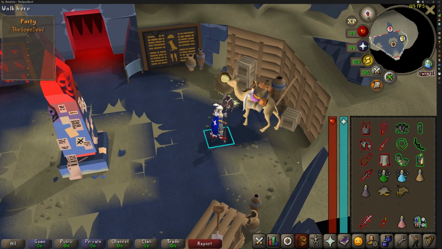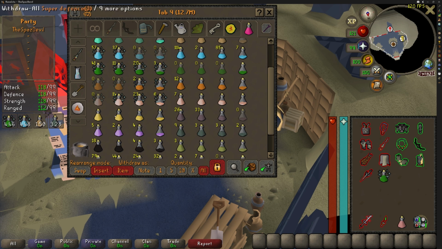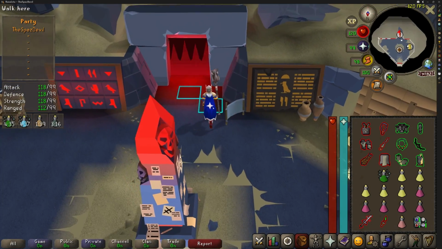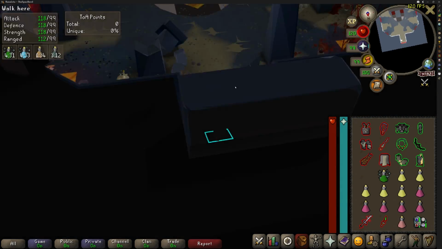Now go ahead and do your pre-pot and then go back into your bank, and for you guys learning, and I'm going to do the same thing, go and take 5 Sarah Brews and 5 Super Restores. I'm also going to go ahead and equip my Assembler because it will free up an inventory spot for me. You also want to make sure that you keep that Super Combat Potion in your inventory because it will become